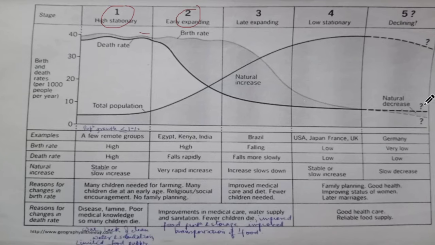Now, this has to be maintained in a balance, because there are also certain economies in this phase, which is not a very healthy phase to be in. This is a phase where the birth rate is actually lower than the death rate. So people are not being born, but there are so many people who are dying.